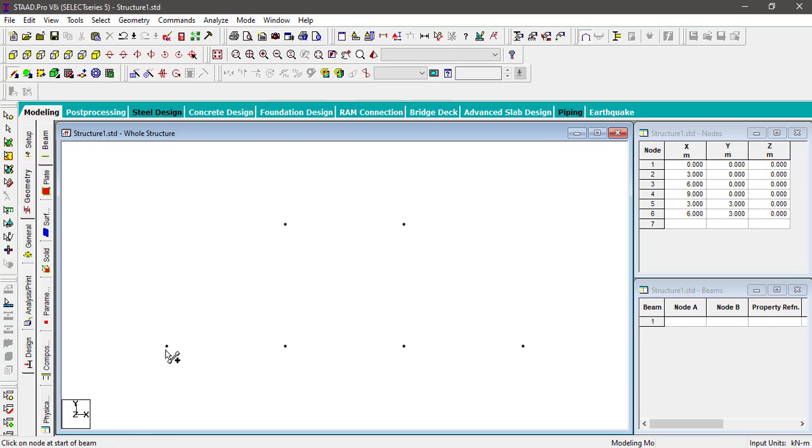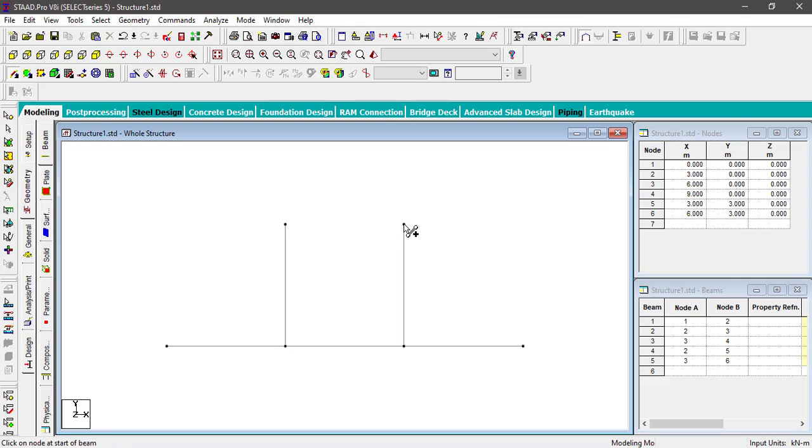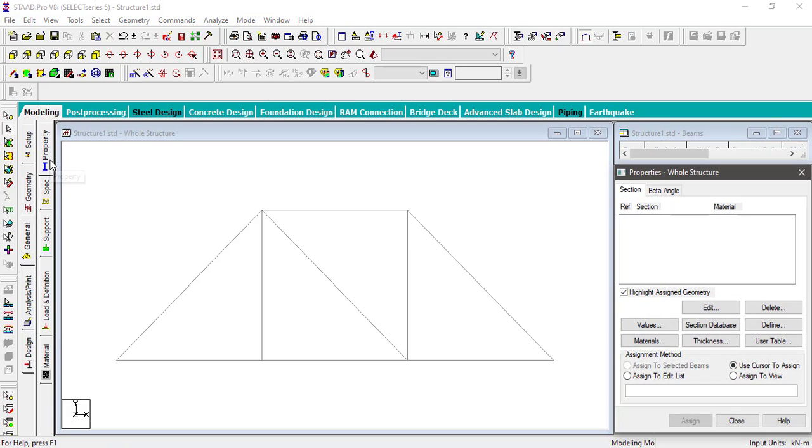Then I will add beams. This is a truss. Then I will go to general properties.